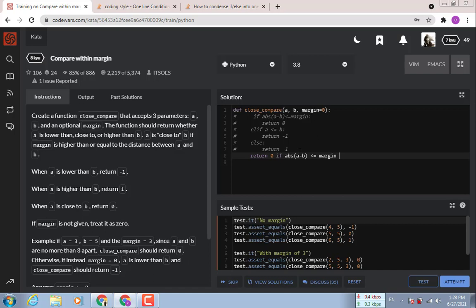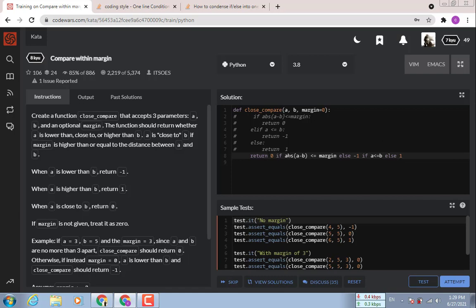Okay, else, instead of elif we use else if. Else -1 means it returns -1 if a is less than or equal to b. Else the last condition returns 1, and